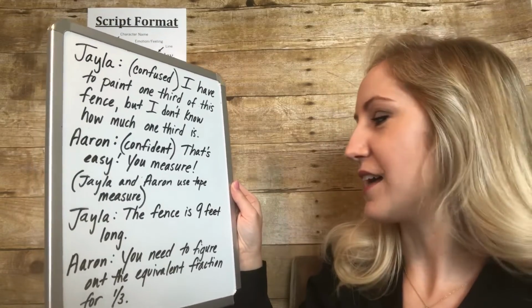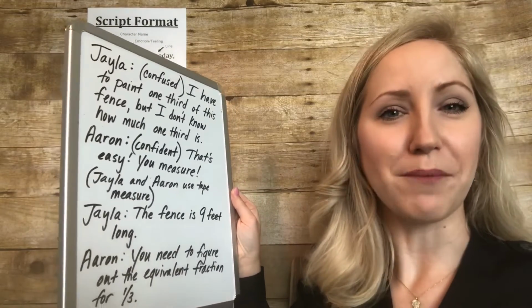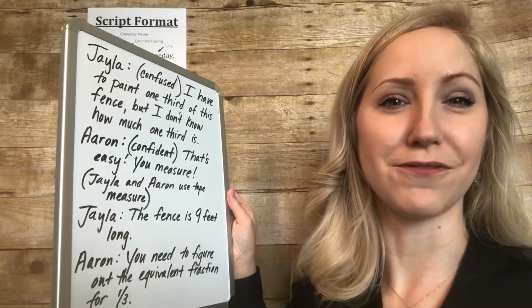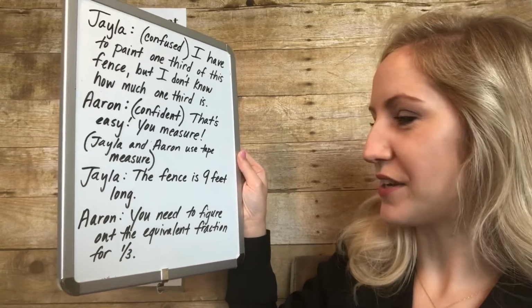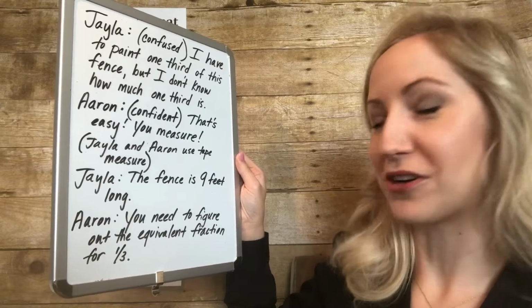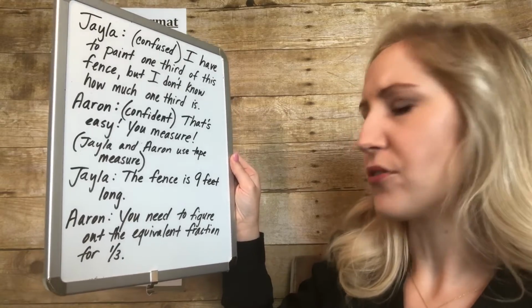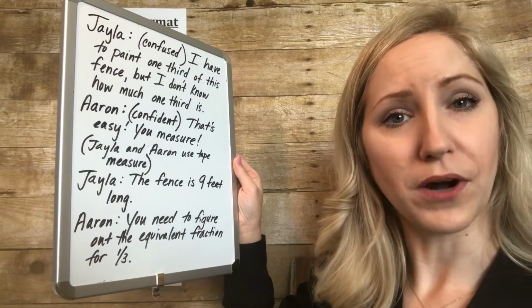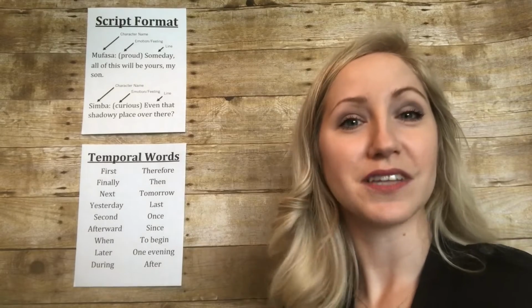So Jayla says, "The fence is 9 feet long." And how would she know that? She would know that by measuring whatever's acting as the fence in your classroom. And finally, Aaron is going to finish our short scene today by saying, "You need to figure out the equivalent fraction for 1/3." So then, of course, if I was allowing my students in math class to complete this scene,